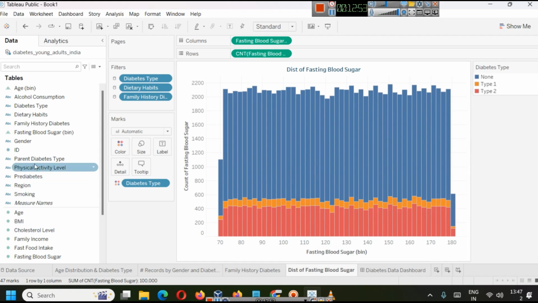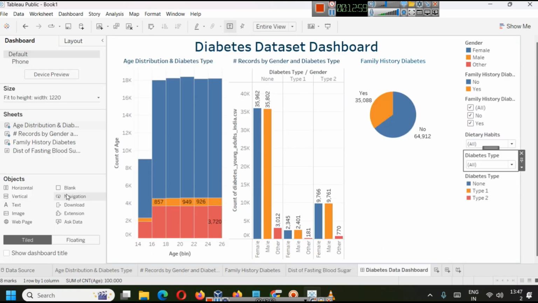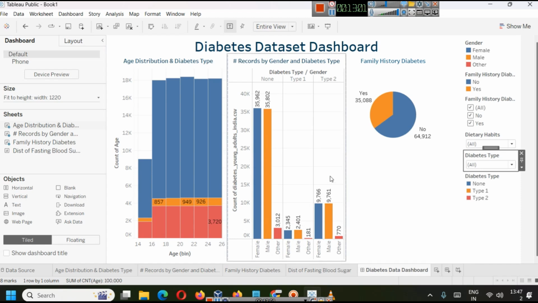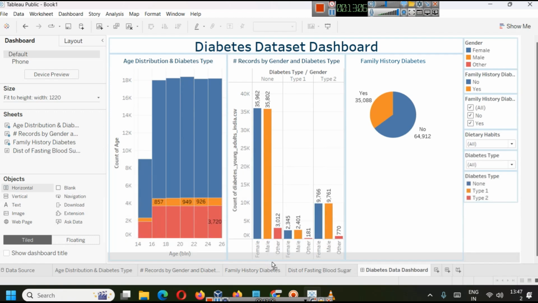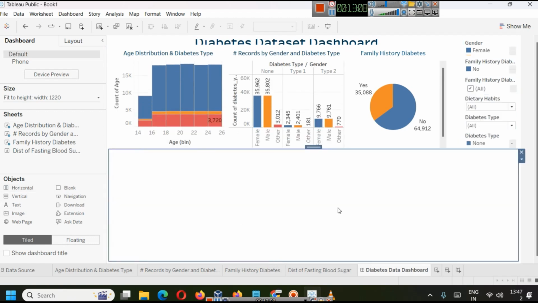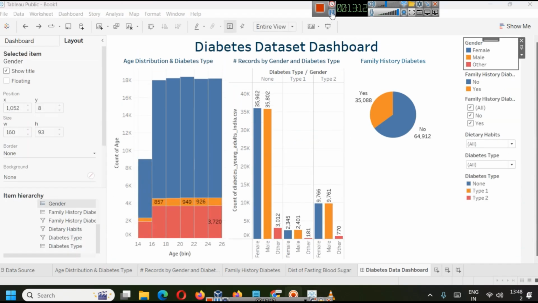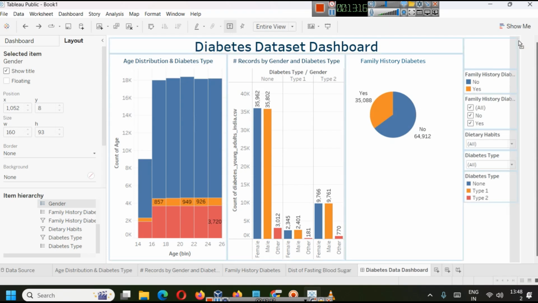If you want to add more details like in label etc., you can add them here. And now this sheet also will be available for us to add in the dashboard. We will add one more horizontal element here. So this will add another horizontal element, and before doing that we will take these filters outside of this horizontal